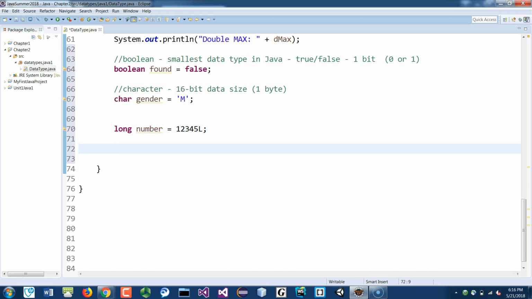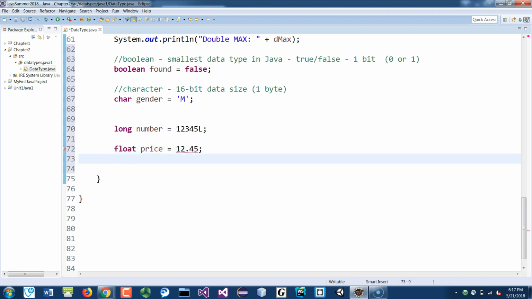By the same token, you do your float. If I say float price is equal to, let's just say, 12.45. Okay, you see that it has an underline there. Even though float is a decimal number, it should be legal, but it has an error because if we mouse over this, it says type cannot convert from double to float. Okay, so if you don't put a character after this, it will think that number 12.45 is